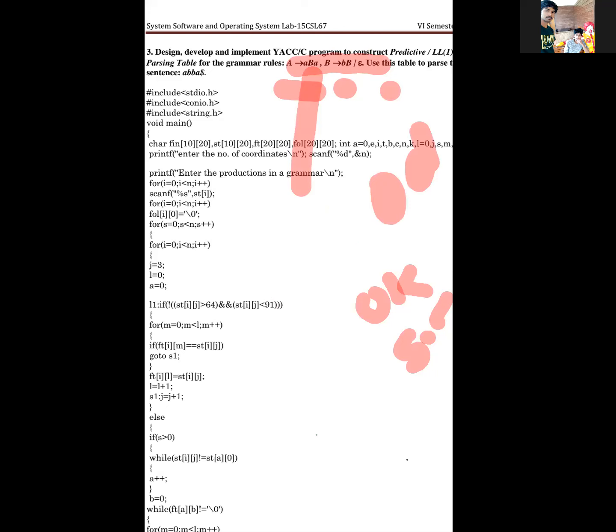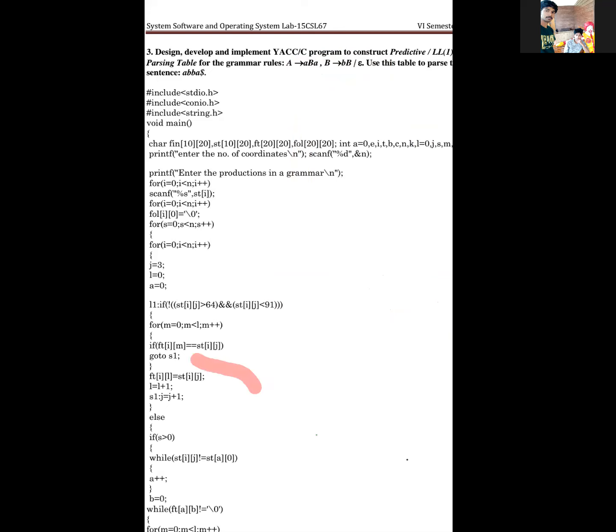Both are the left side productions. The left hand side will be a single capital letter, which is called a non-terminal. Many times I tell you it is a non-terminal symbol, and then terminal symbols will be there. So A tends to A, B, A tends to A, B, A, and then B tends to A, B bar. The null string is represented by the symbol epsilon. Epsilon is the null string. Always we're going to recognize the null string. So A tends to A, B, A.